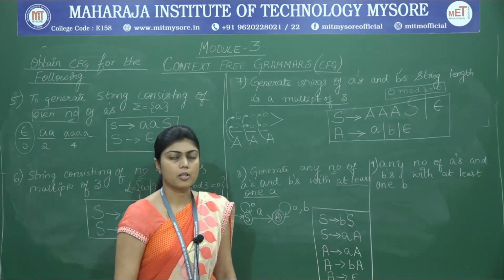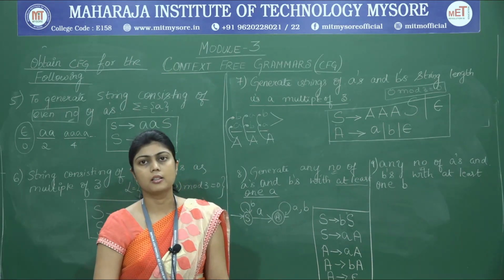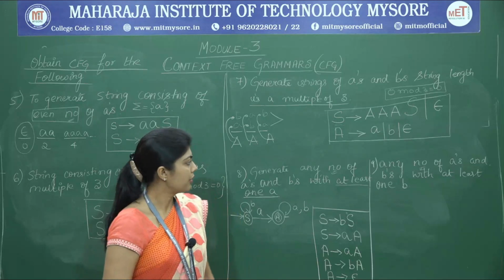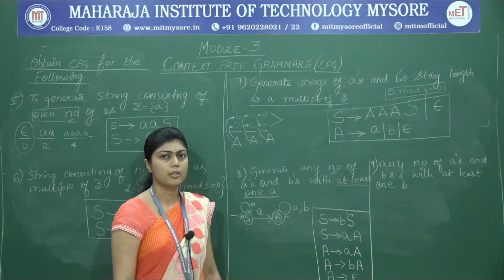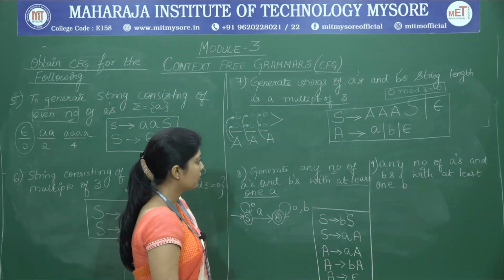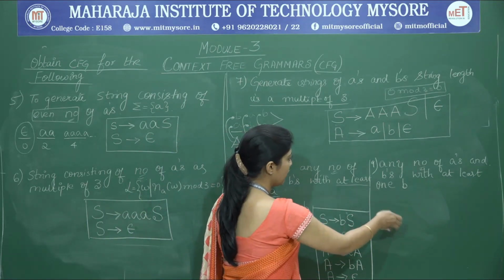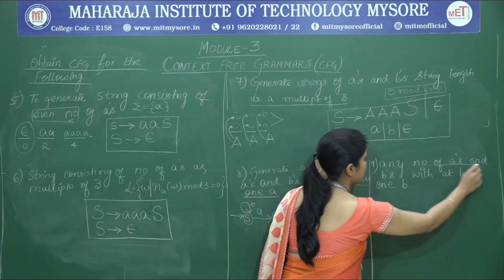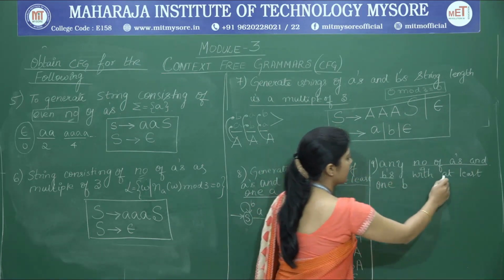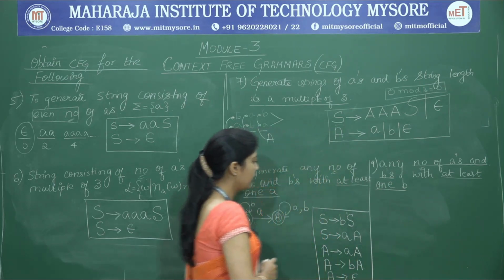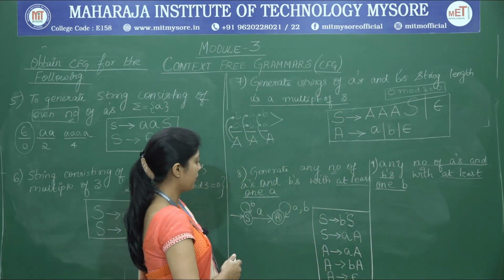So wherever it is possible for you to define a proper DFSM, you can write the DFSM first and write the set of grammar rules. So similarly, this is the same problem, but here it is again the strings of A's and B's, but here at least one B has to be present.